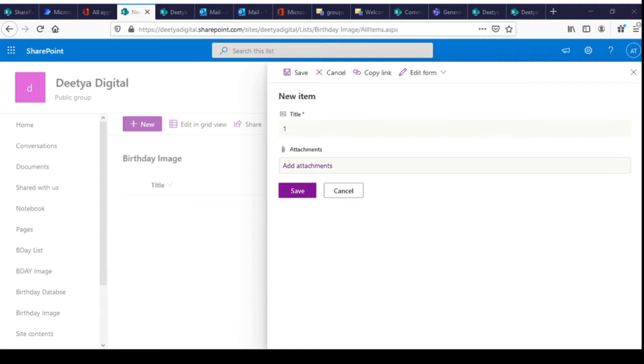For sample purpose, I'm going to use only 10 images.